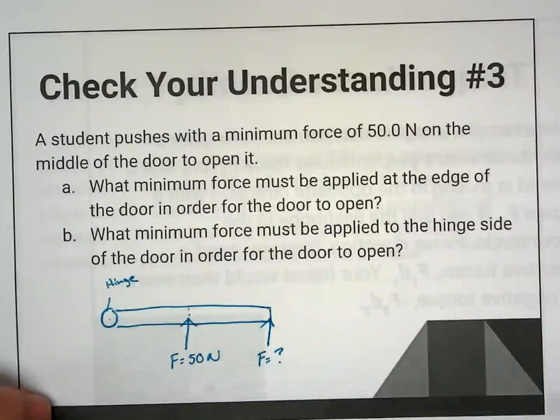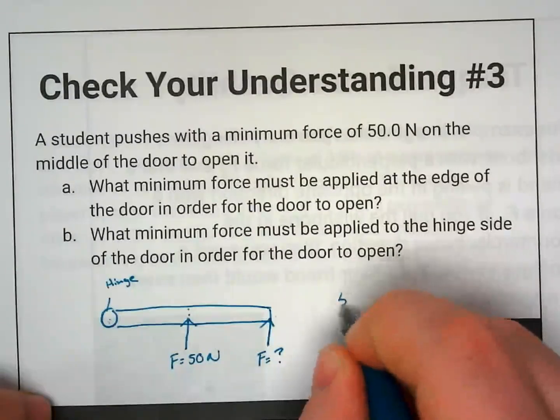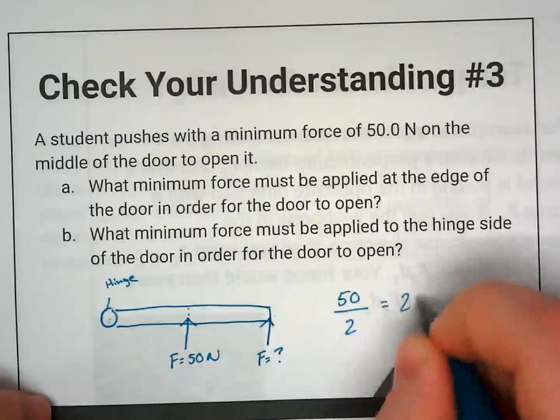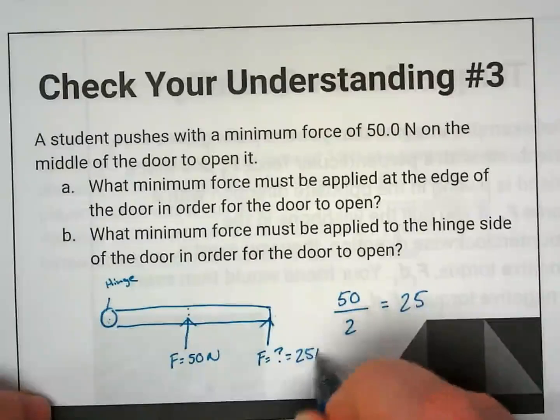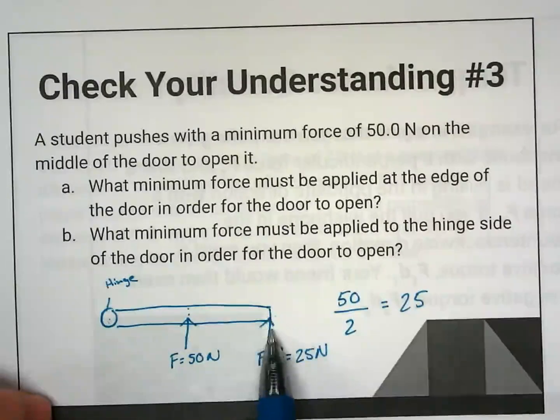If we increase the distance of our lever arm, basically if we double it, instead of being halfway, in the center of the door, halfway from the axis of rotation to the very edge of our object, if we go from the center to the outside, we're just doubling the lever arm. And if we're doubling the lever arm, we don't have to put as much force. So it's literally just 50 divided by 2, which is 25. So at minimum, when we apply a force all the way out here, we have to